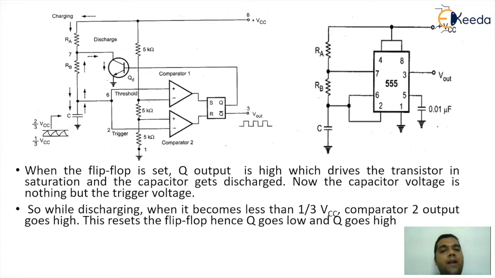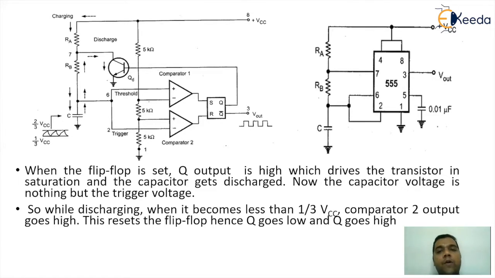The signal coming from the capacitor, which is basically the charging or discharging effect of the capacitor, will be traced by the upper and lower comparators, and they are going to generate control signals to control the flip-flop status. With respect to the status of the flip-flop, the output and the transistor status will get modified. The capacitor has a path for charging, which is from VCC, RA and RB. Now we need to understand how the entire system is going to operate.